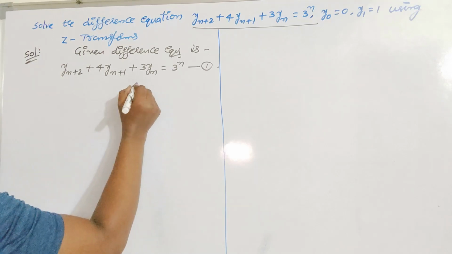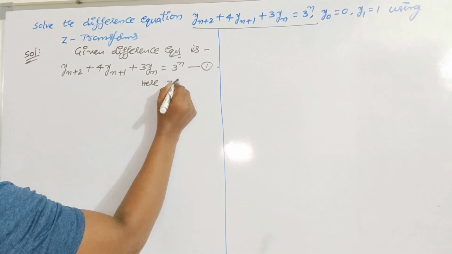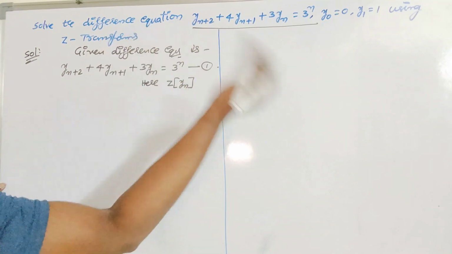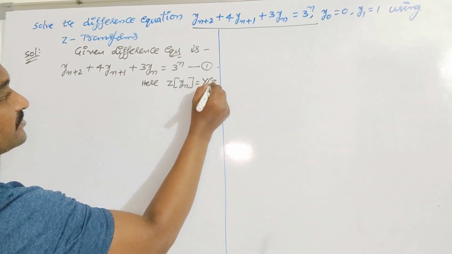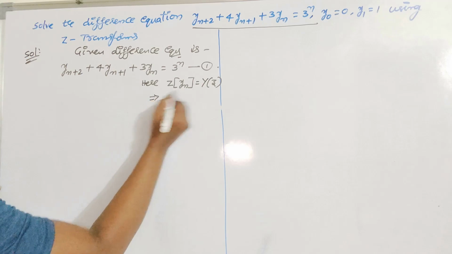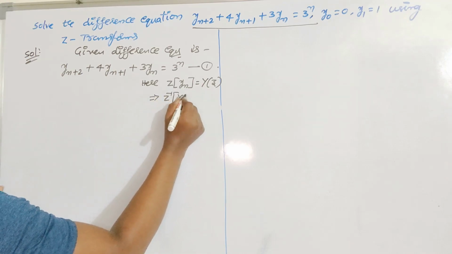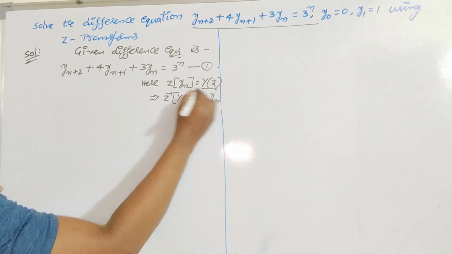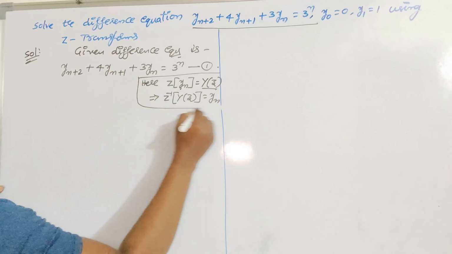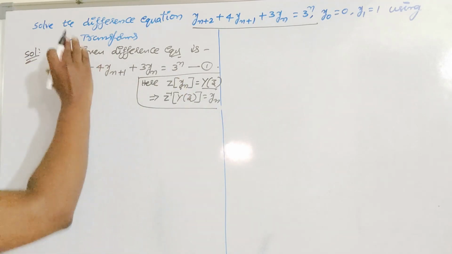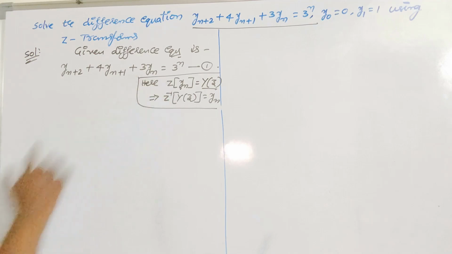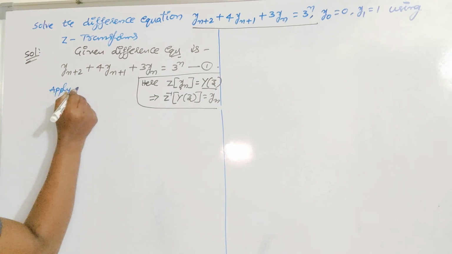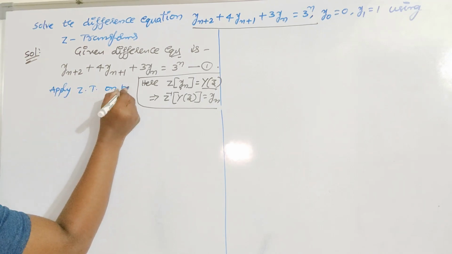So here, what is the Z transform of yn? Already we know that the Z transform reduces a sequence in terms of n to a function of z. So I will take y of z; don't take u of z. Its inverse is yn. The inverse Z transform of this function is yn. These are the common steps in solving every difference equation. We have to write the notations. It is important. Apply Z transform on both sides.